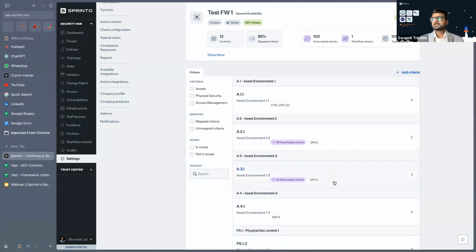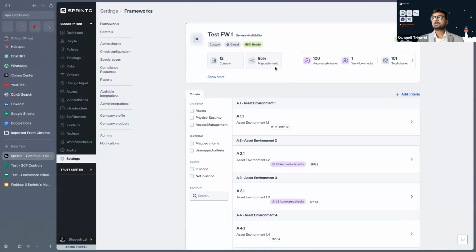Wherever there is an automated check, Sprinto is automatically telling you that it is 58% ready. What did I do? Nothing. For this 58%, I reused the controls with the evidences, the checks, whatever you call it, which were available on Sprinto already. So you build out a control, you create your evidences, and this is what you are going to submit to the auditor. And Sprinto is telling you, yes, I have 58% of your evidences ready. It is as simple as that.